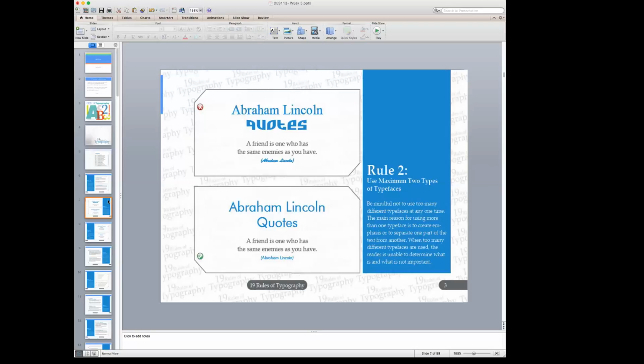The clean, classic sans serif font against a serif font really helps draw me in, and it doesn't overwhelm my eyes. And even the Abraham Lincoln here is italicized, but it's still that same sans serif font that was used at the top. So really, we're only using 2 fonts, but you can alternate in font styles. Are there any questions with rule 2?